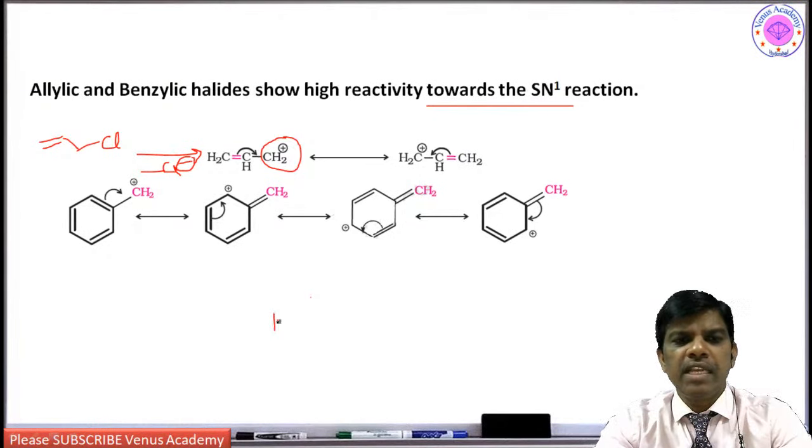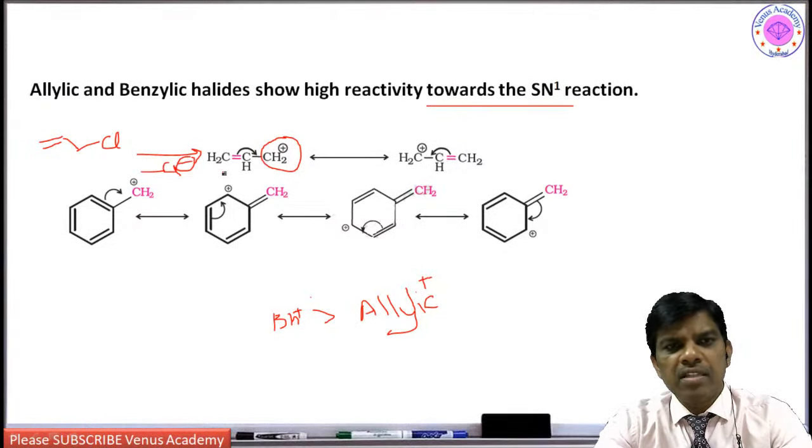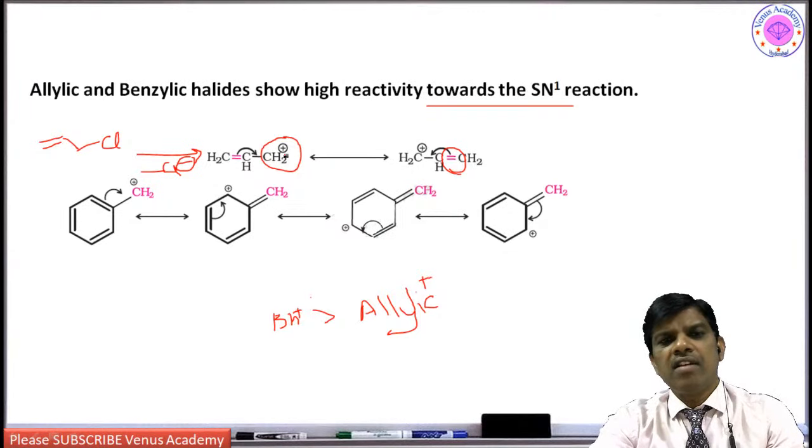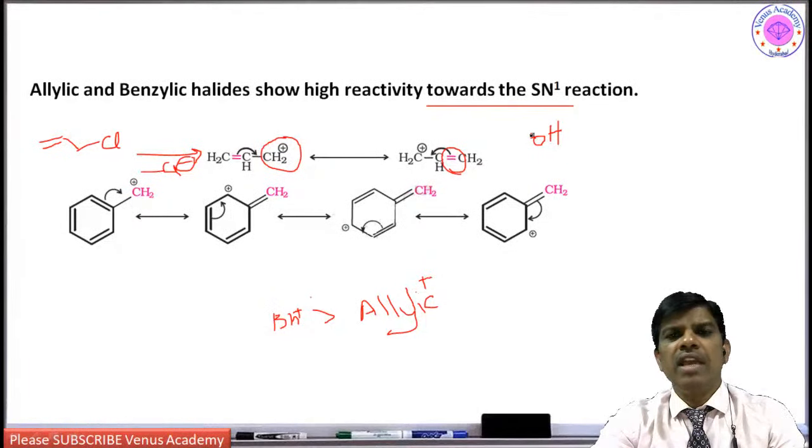If you remember, the benzylic carbocation is more stable than allylic, then tertiary. So this is the stability order. The allylic carbocation is more stable because of resonance with the double bond. The double bond resonantly stabilizes this carbocation. Since it resonantly stabilizes the carbocation, it will wait till the OH comes. So this OH is going to give either